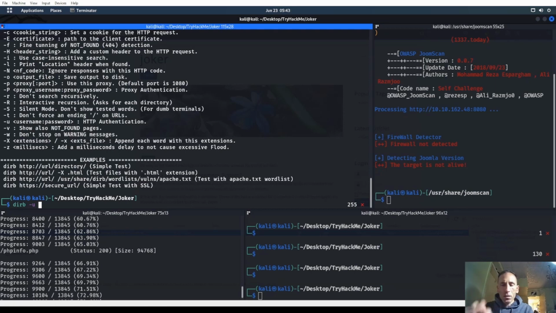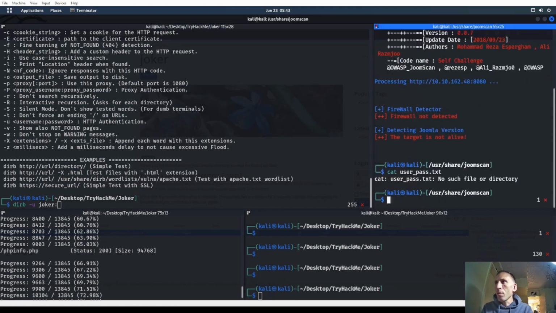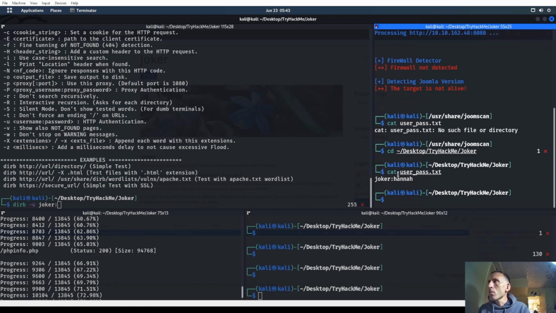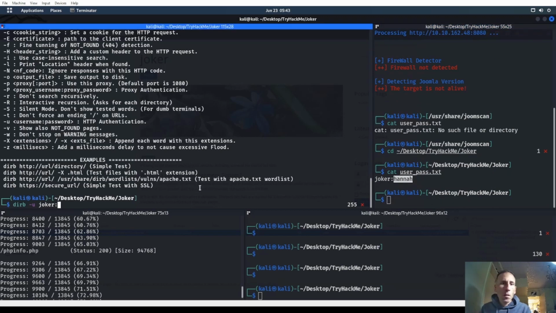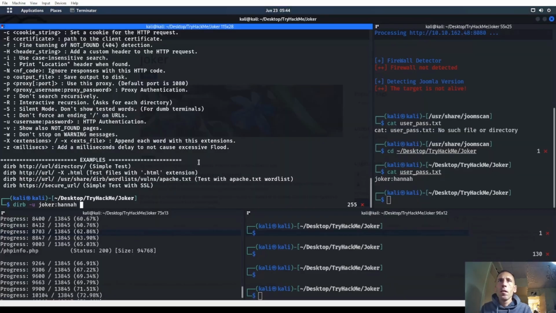The username was Joker. Password was not that. Password was Hannah. Forgot how they spelled it though. Joker. Cat user path.text. Let's see here. Password was Hannah, right? So there's the username and password. And we're trying to go after, let's see here, this guy. And that's going to be